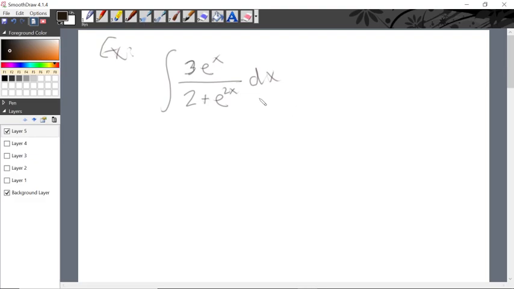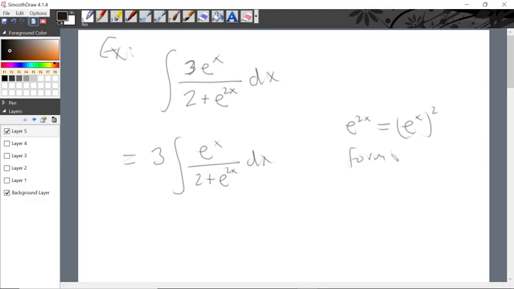So for this one, I want to make note that the 3 in the numerator doesn't have to be there. We can factor that out. And we have e to the x over 2 plus e to the 2x dx. And then we can recall by rules of exponents that e to the 2x is e to the x squared. So notice the form of the integrand is that we have something,